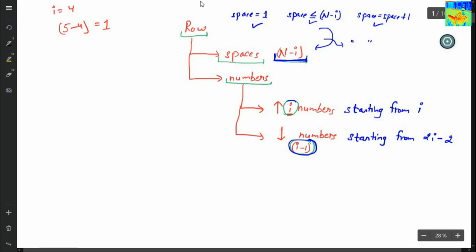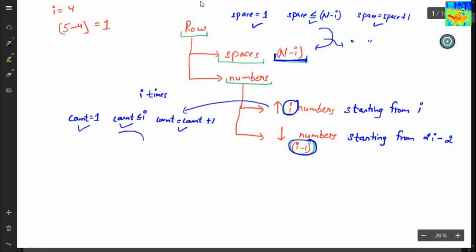Similarly, this loop will run i times. So I will use a variable count. Initially count equals 1, count less than or equals to i, and count equals count plus 1. So with the help of these 3, my loop will run i times.